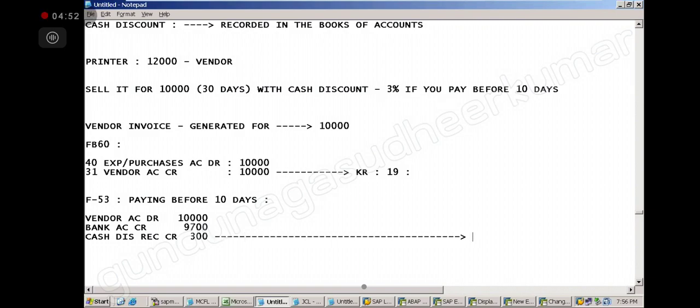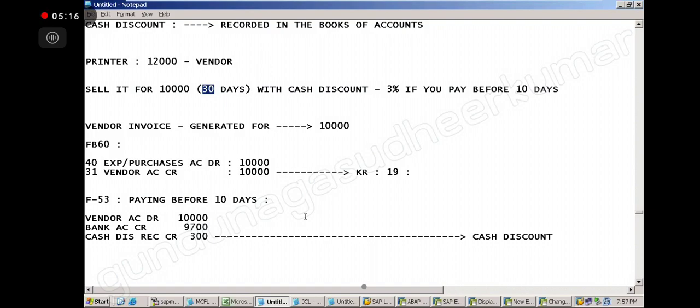Okay? So if you are paying on the 30th day, the cash discount will not be there. If you are not paying before 10 days, if you are paying on the 30th day, then how much do you have to pay? Total 10,000 you have to pay, right? So bank account 10,000. You understood?